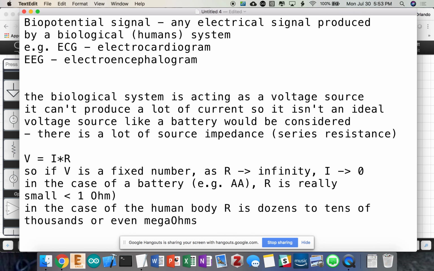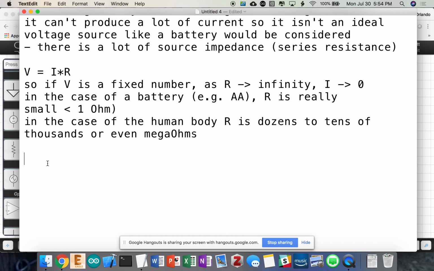Yeah. And that's for a lot of reasons, which I'm going to maybe skip some of the details on, but at some point, I'll sort of rope you into why that is. Because R is really, really high, we need a very particular type of measurement circuit to measure biopotential signals. And so, the characteristics of this measurement system